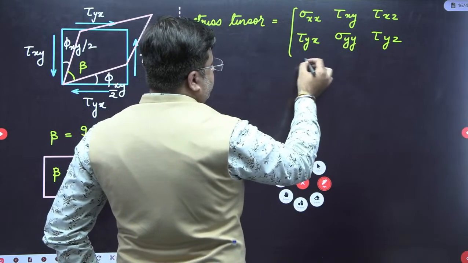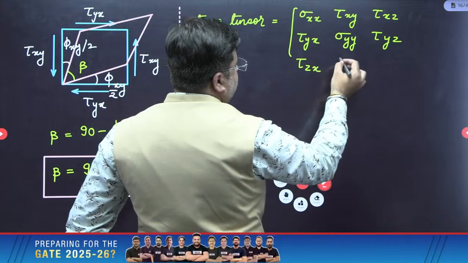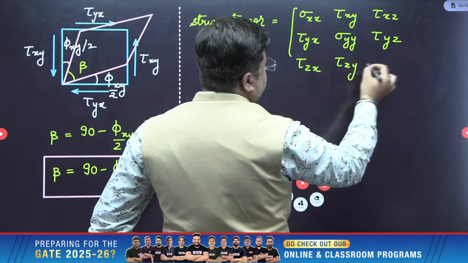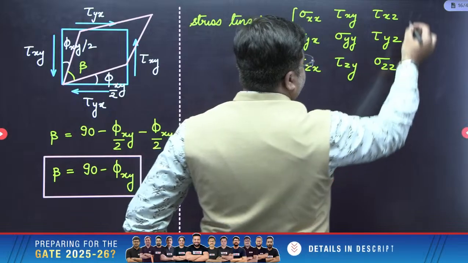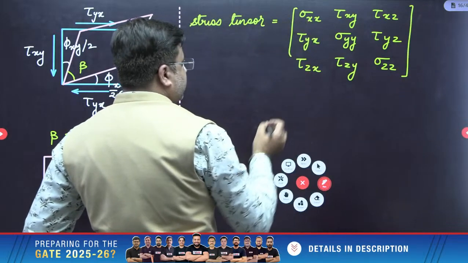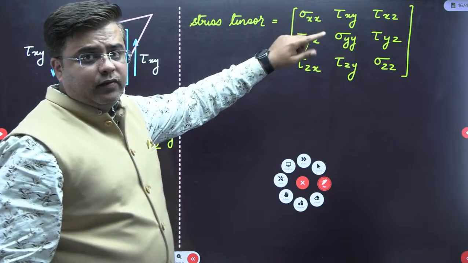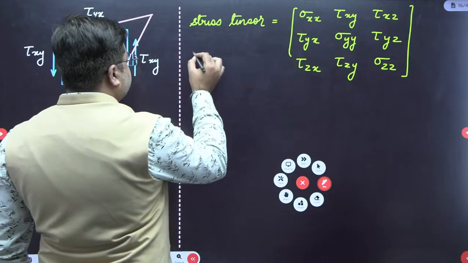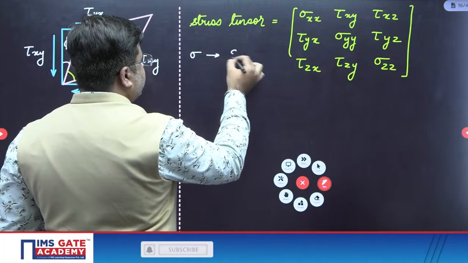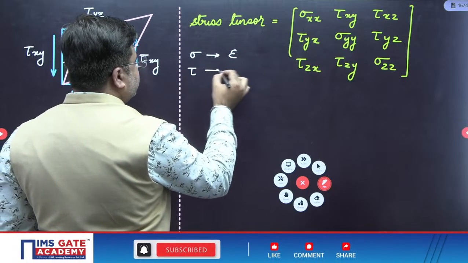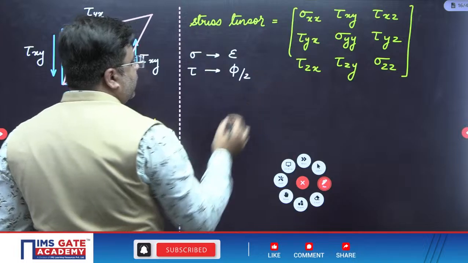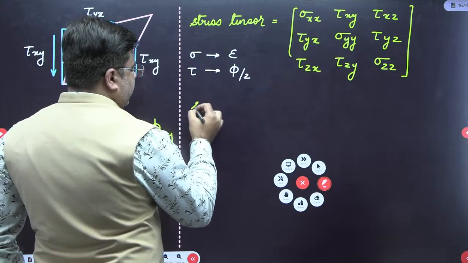And then you have tau zx, tau zy, and then you have sigma zz, right? So this is your stress tensor. Now in this stress tensor, if you replace normal stress with normal strain, replace sigma with epsilon, and replace shear stress with shear strain by 2, you will get the strain tensor. So strain tensor will be